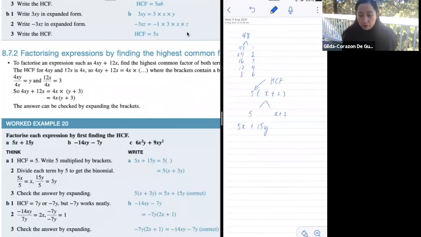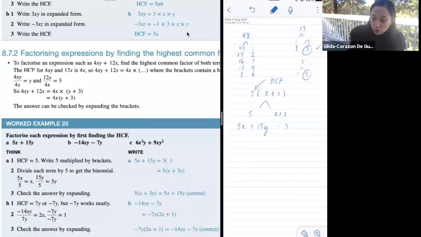So we've got 1 and 5 for 5, and then for 15, we've got what? We'll write them down here. 15, that's 1 and 15, can't be 2. It can be 3, 3 times 5, can't be 4. Can be 5, but then that's already this pair, right? So those are the factors of 15. When you have 5, it's only 1 and 5. And what would be the common factor of 15 and 5? It's 5, right? And it's the highest one as well. Sometimes you've got 2 common factors, but you want to figure out what would be the highest one. So in this case, your highest common factor would be 5,